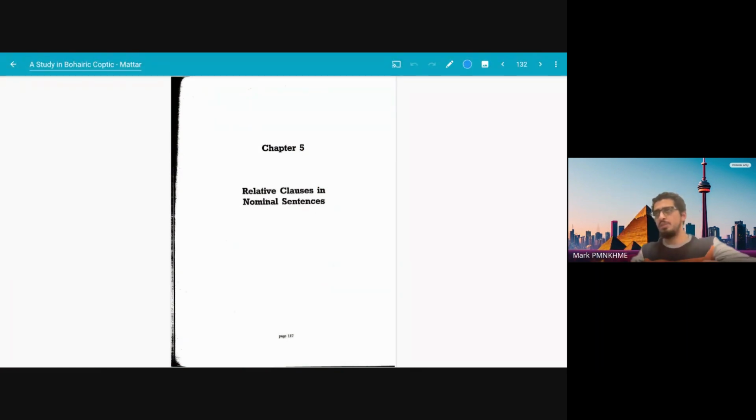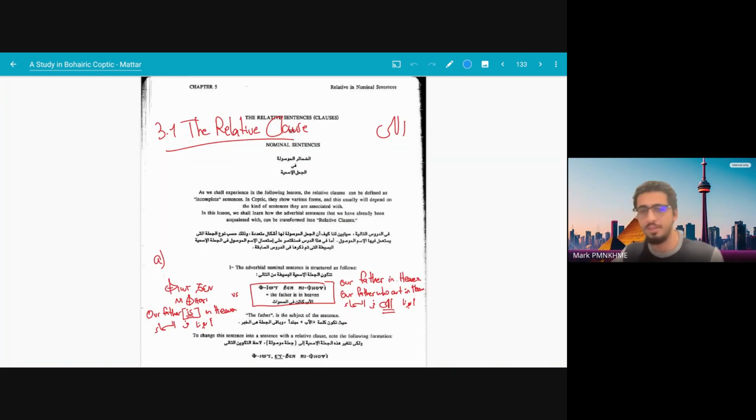It introduces one very important concept. If you speak Arabic, if you speak Egyptian, it will be very intuitive, just how things run. If you don't speak Egyptian Arabic, you'll have to introduce one more thing to understand, very similar to how we did the nominal sentence, which is the relative clause. In Coptic, there's no which, who, that, when. It's just et.